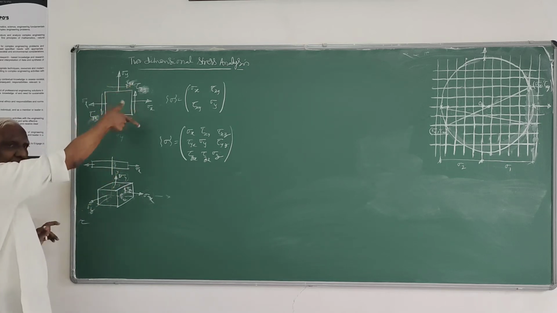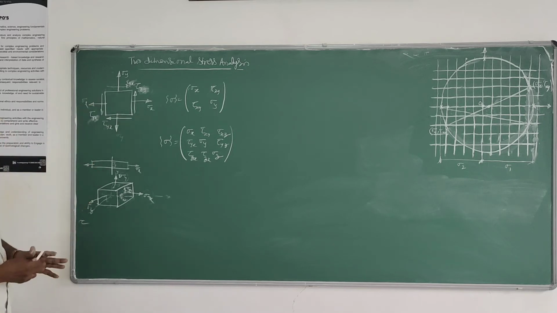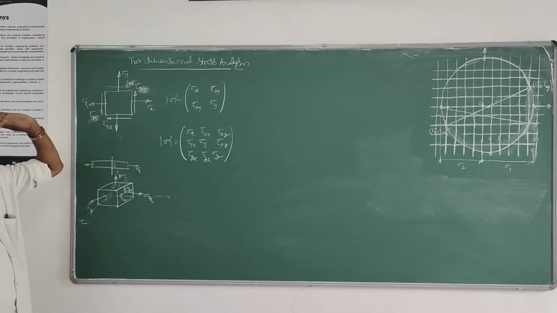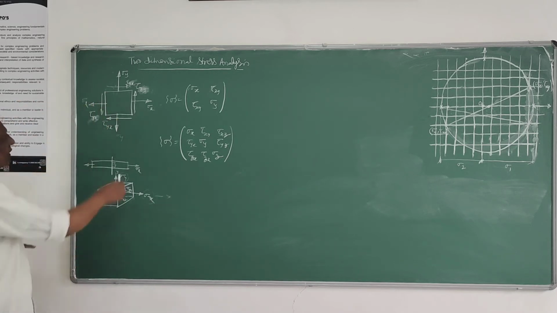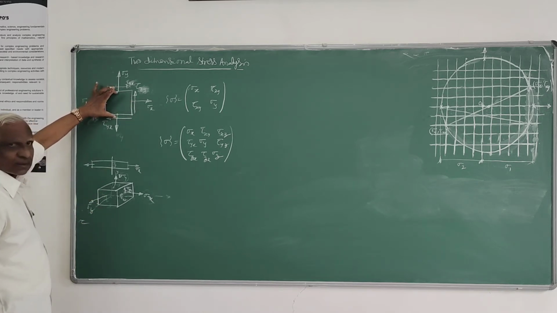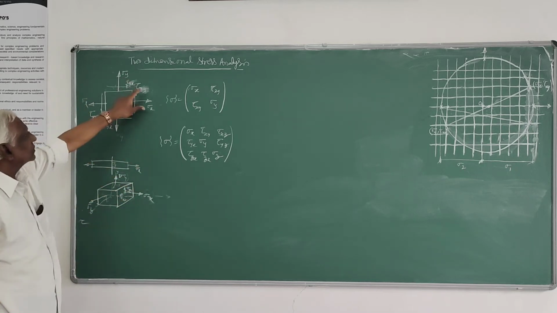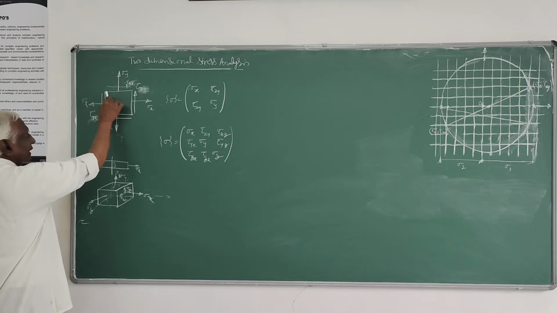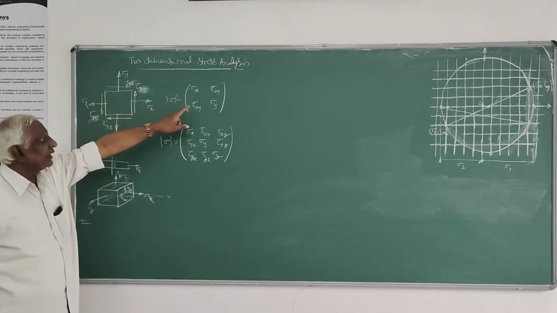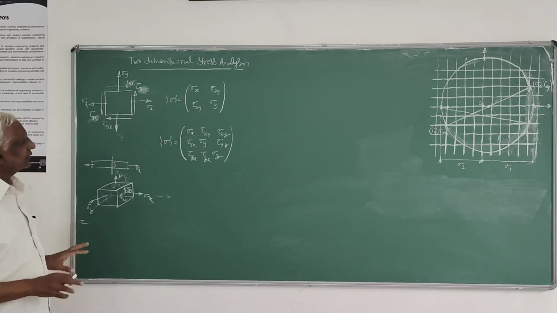But this gives a moment in clockwise direction. This has to give a moment in the anti-clockwise direction. That is why these two should be acting in the opposite direction, I told. So they are complementary to each other. This tau yx into this, that is the moment that should be equal to tau xy in this moment. So this should be equal because we are taking this thickness constant or equal. So that is why we say this tau xy is tau yx and only one shear stress.